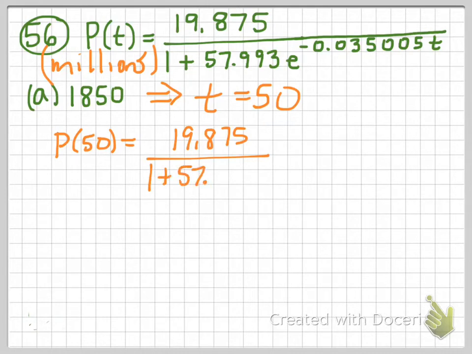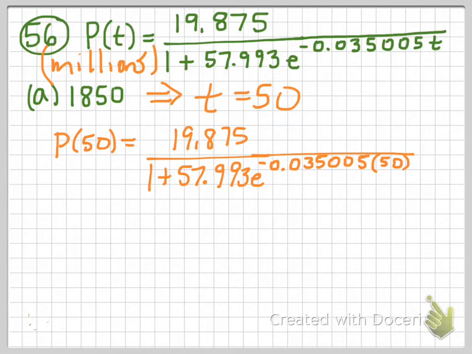That's a decimal. 993 e to the negative 0.035005, and then we put the 50 where the t was. And then this is a calculator question, and you would never have to do anything like that without your calculator. And if you type that in your calculator, you should get